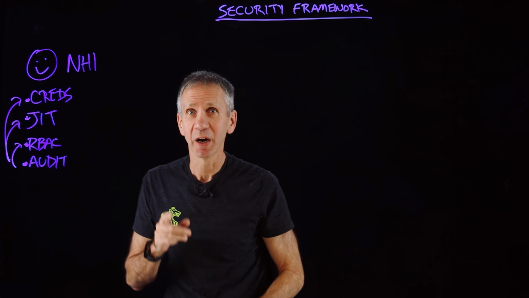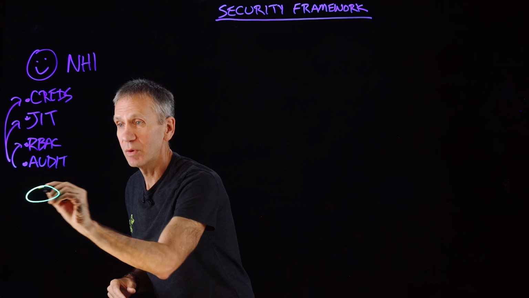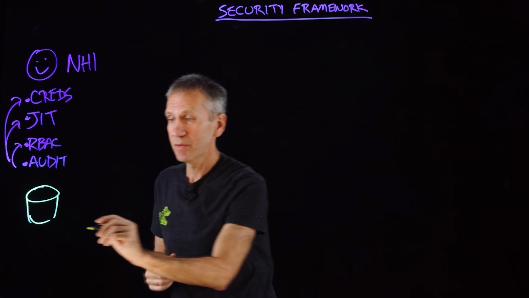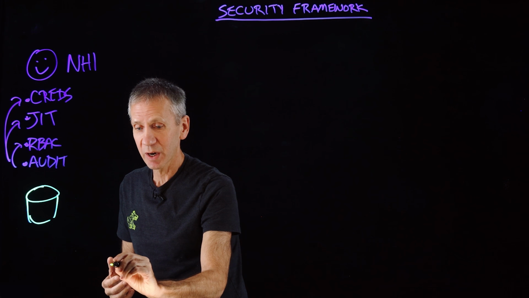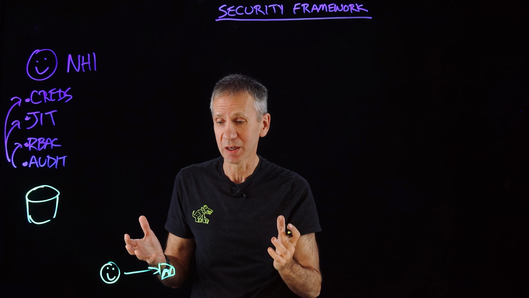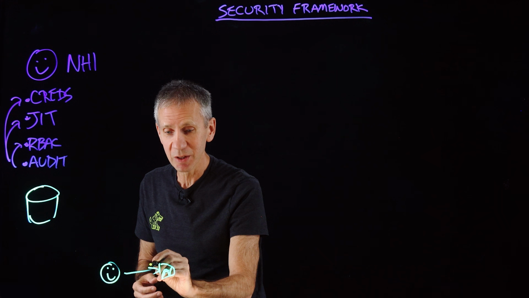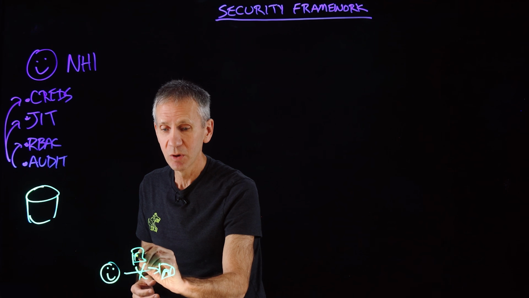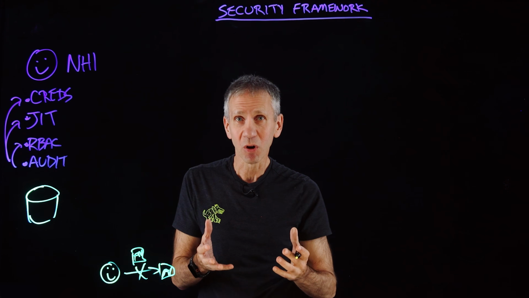Now the next piece we're going to talk about is the data and the model. So we can think about this as something where we've got a user that might be trying to come in and hit our AI system. And if they're trying to get that directly, then they could send a prompt injection or all kinds of other things in. What I'd rather do is, instead of having them go directly, I'd rather have them go through an AI firewall or a proxy or a gateway, however you want to think about this. Have them come through here, have it examine the policy, have it look for the prompt injections and things of that sort, and then it hits the AI. That's how we can secure a large language model.